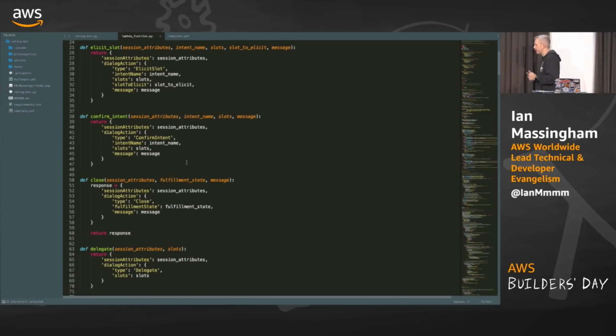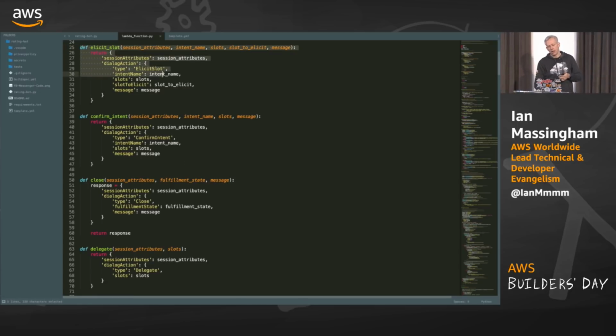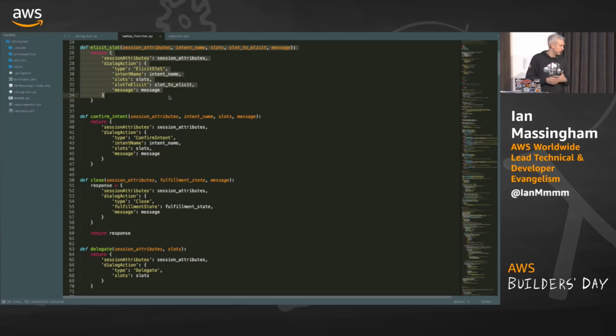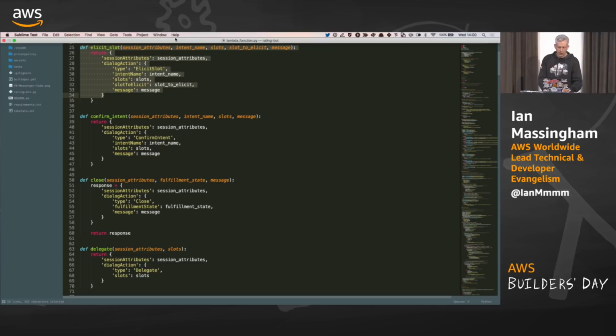So if I need to generate an utterance back out to the client to, for example, elicit a slot, I need a specific fixed format document for that, okay, where I set certain attributes in my response, and send back that fixed format response. The Lex engine will interpret that. It will understand that the action is re-elicit a slot. It will generate the right context to the client in order to elicit that slot. So by using this elicit slot function here, I can quickly build up those template messages, dispatch them back to Lex, and have them returned back to my clients, and therefore drive the conversational back and forth that's required to build these kinds of interfaces. Okay, so I'd recommend taking a look at that.